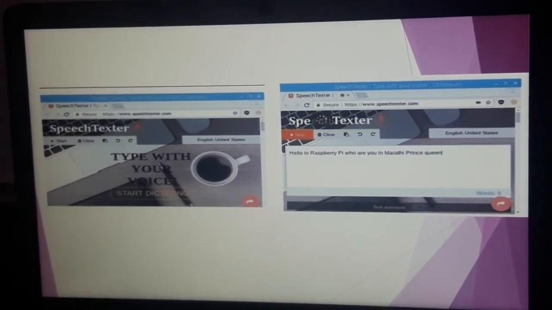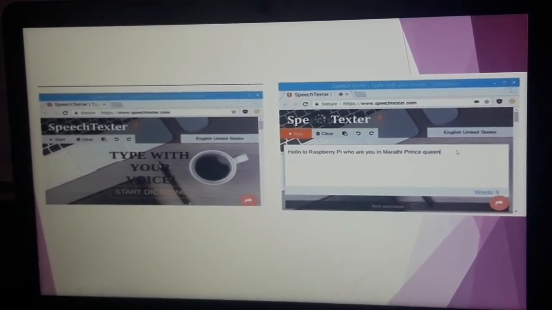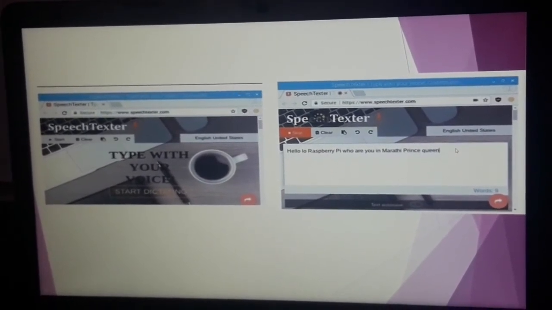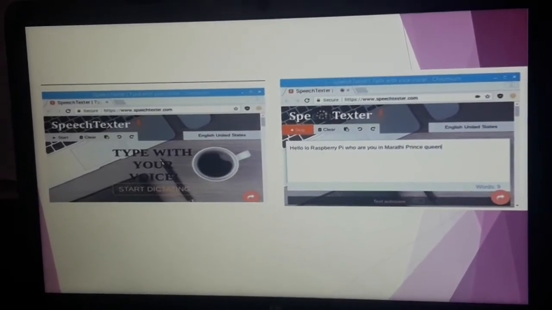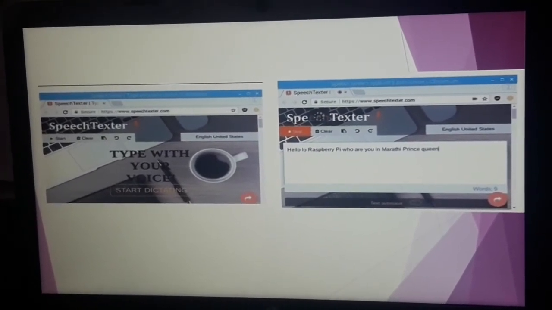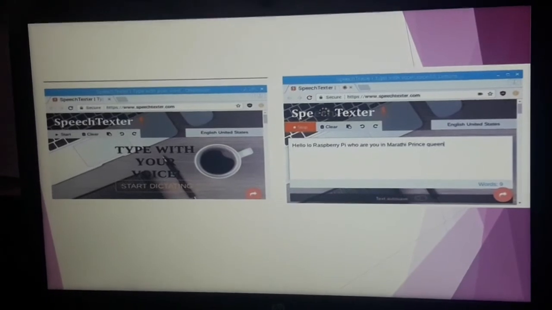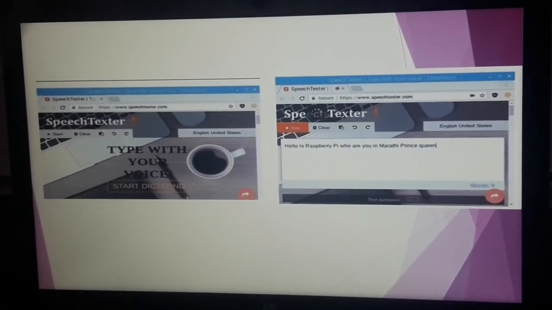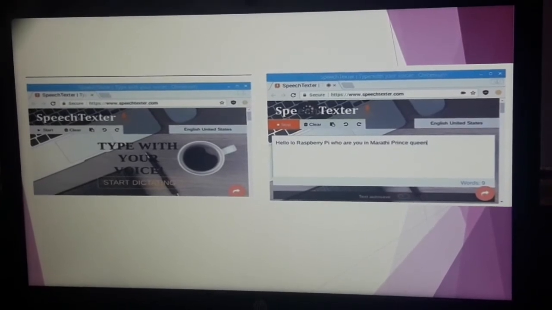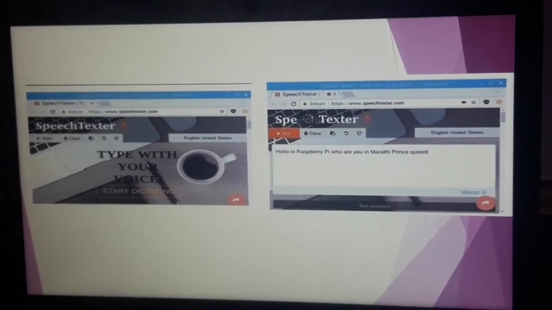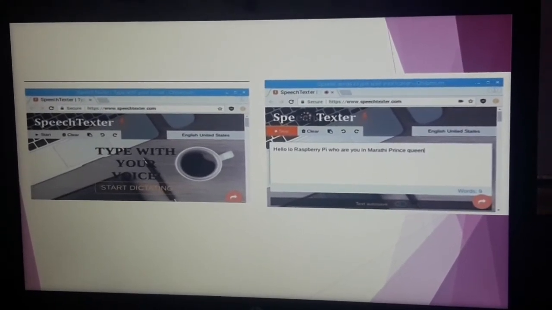This is the output we are seeing in the image. There are 100 languages in this speech texter. Speech texter is an online multi-language speech recognizer that can help us write long documents, books, reports, blog posts with our own voice.